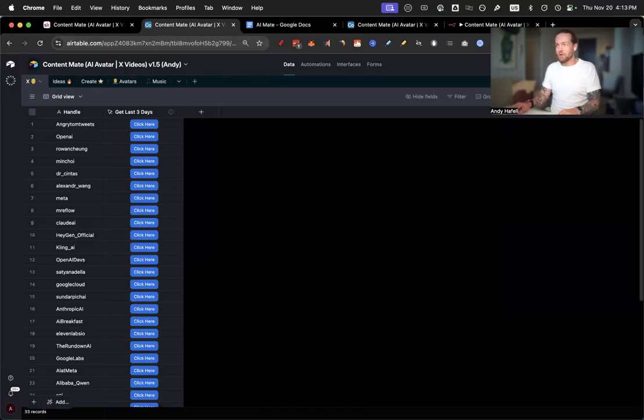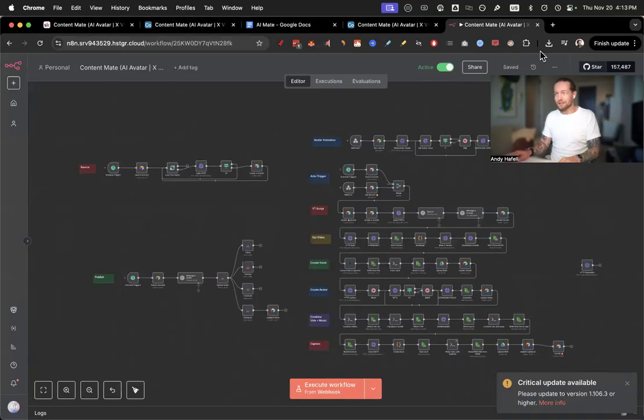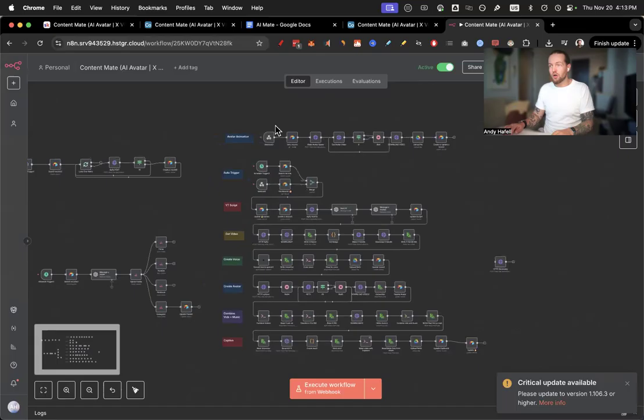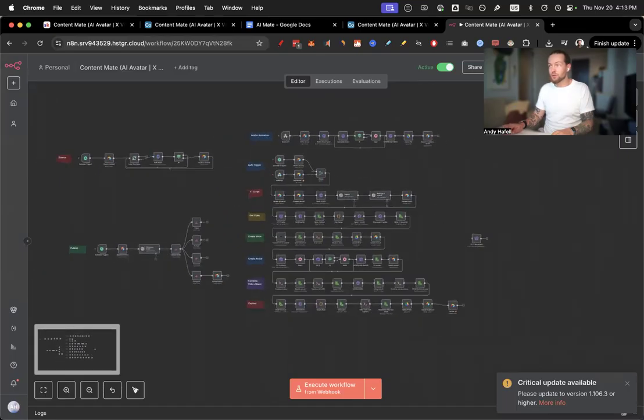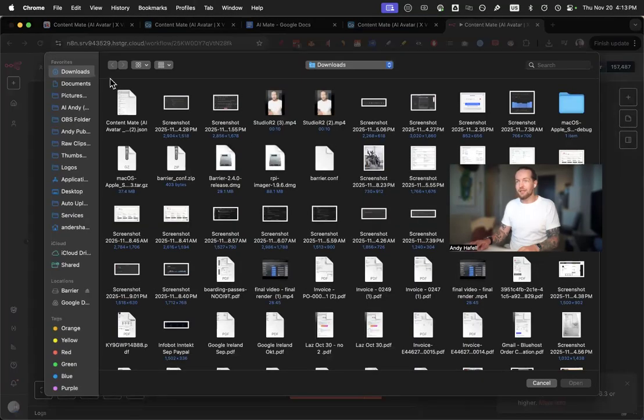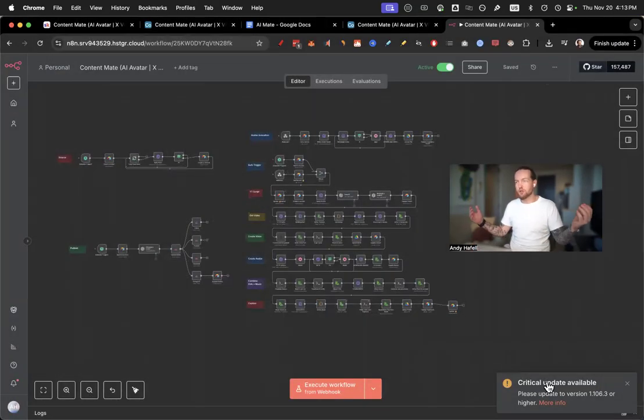And then if you have downloaded the n8n template, all you need to do to install it is to click on the 3 dots in the top right, then import from file, and then click on the Content Mate avatar right here, click on open, and it should pop open just like this,